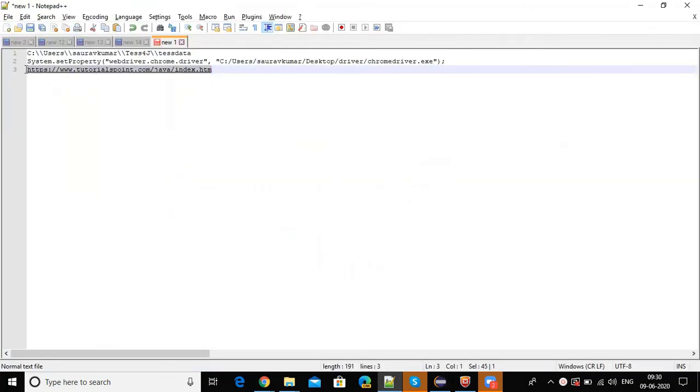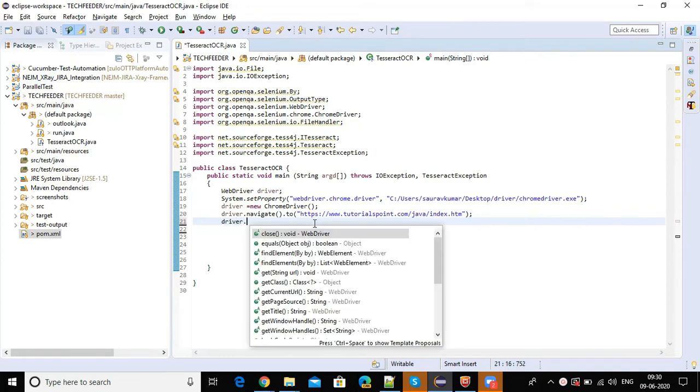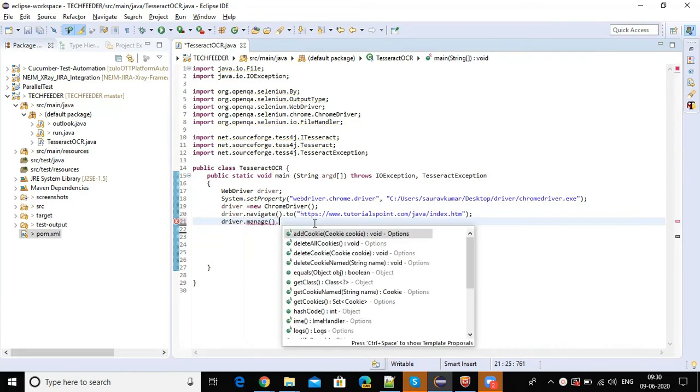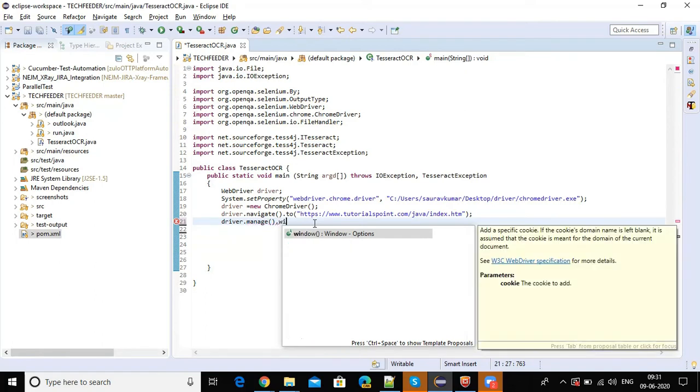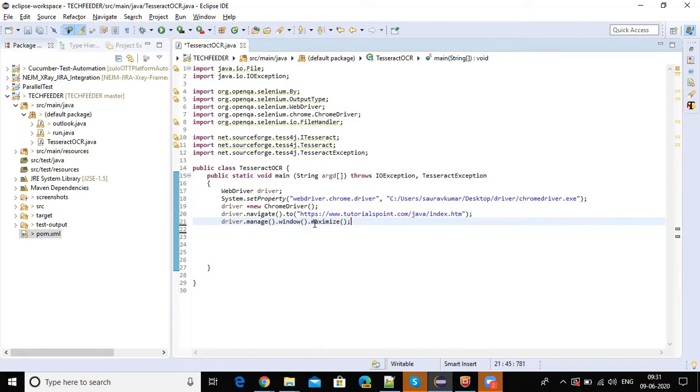Let us copy this path. Fine. We will maximize the window, window.maximize. Fine.